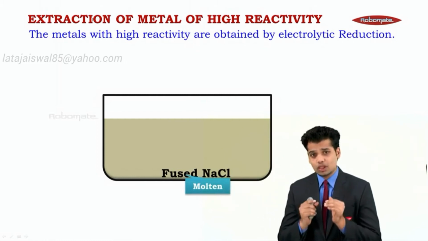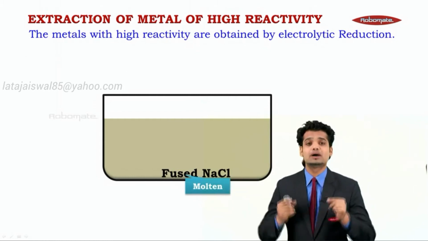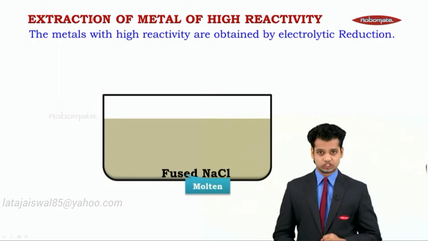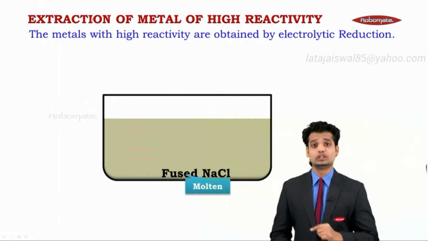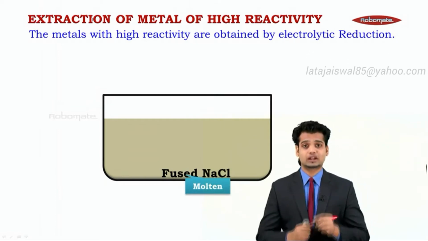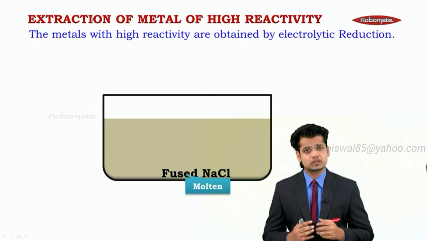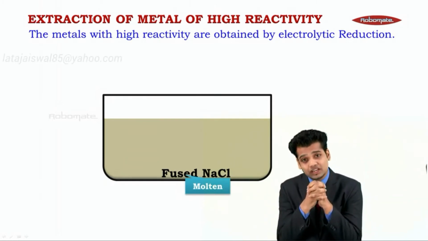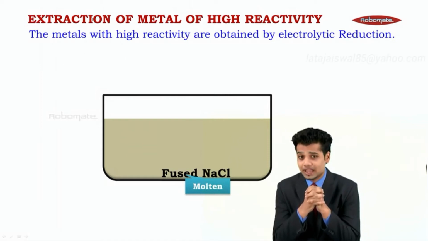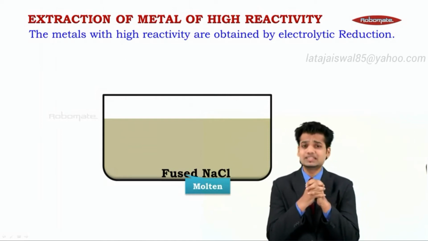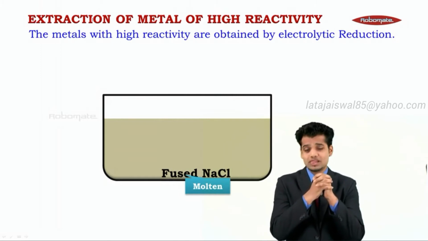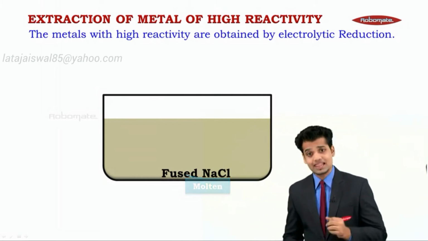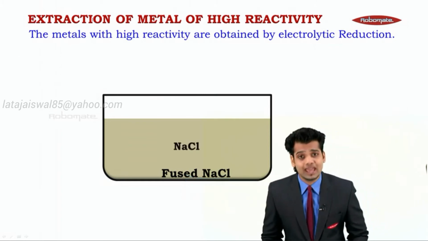For an electrolytic process, we have to remember that the electrolyte, that is NaCl over here, has to be in the molten state. If it isn't in the molten state, there will be no conductivity available. Why, sir? Because NaCl in the solid form, the particles are tightly held. What is electricity? The movement of electrons. Will the electrons move if the particles cannot move? They can't. So in electrolysis, we need a molten electrolyte.